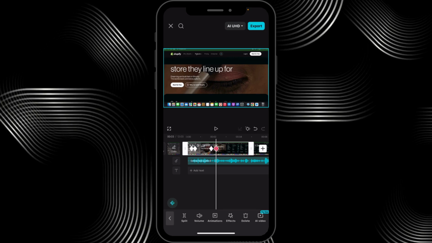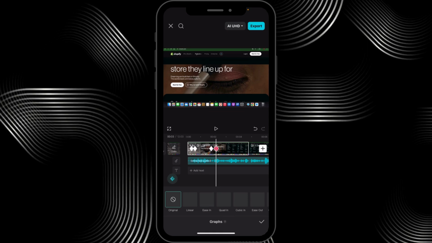You can tap the graphs or curves next to the diamond shaped icon here, and apply ease in or ease out